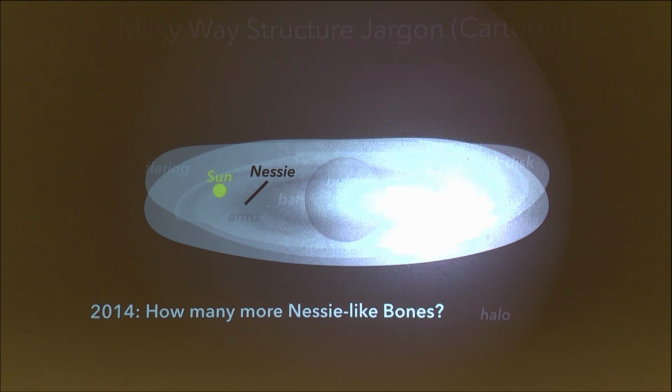But you might notice that it's a little hard geometrically to see these things as shadows if you don't have a relatively bright background. So it's very hard to see them in the outer galaxy. So most of the searches for Nessie-like objects have been toward the inner galaxy, so there's a little bit of an observational bias there. After we published this paper, a number of groups started looking for these things in a variety of ways, in CO, in Herschel data, in optical extinction, in all kinds of things. And there were many claims of long filaments.